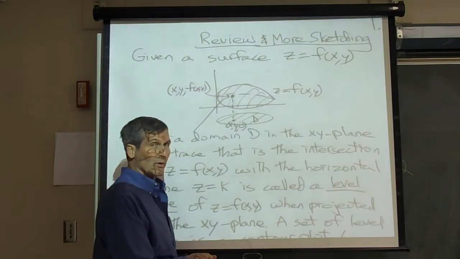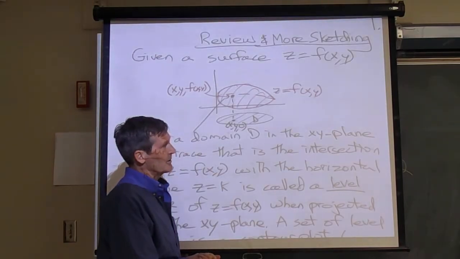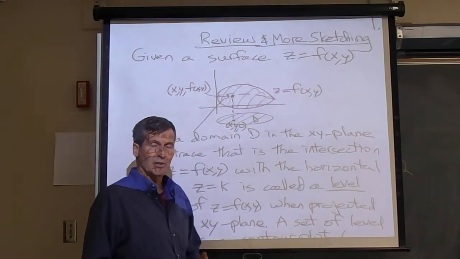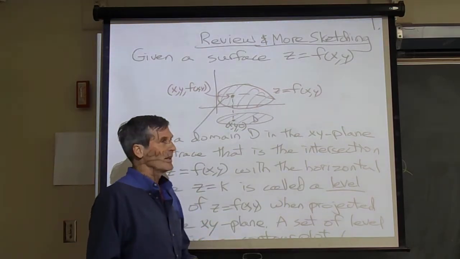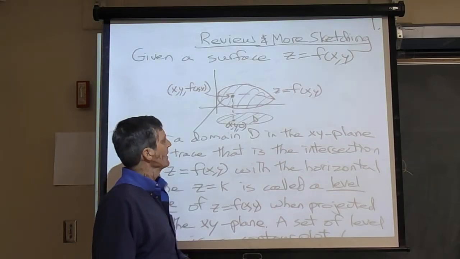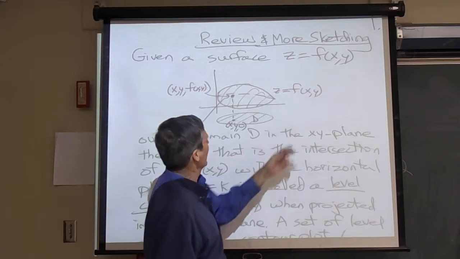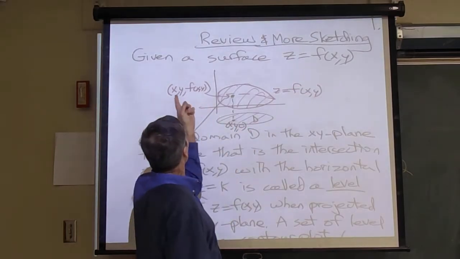Unfortunately, functions of more than two variables are hard to sketch, right? What we said is in calculus 1, you have a function of one variable, you can sketch it in the plane by sketching points x, f of x, coordinates x, f of x in the xy plane. And for functions of two variables, you can sketch points in